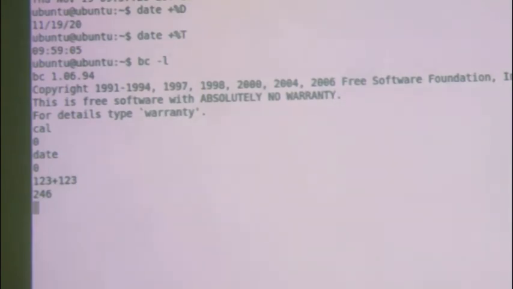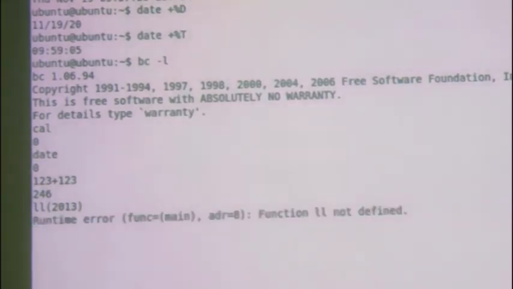For example, if you need to find the natural logarithm of the value 2013, we use the command L into bracket 2013 and close the brackets. Okay, I have made some mistake and so it's not displaying the result. I will type it again. L, I typed it two times by mistake.